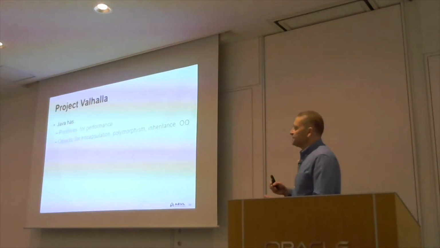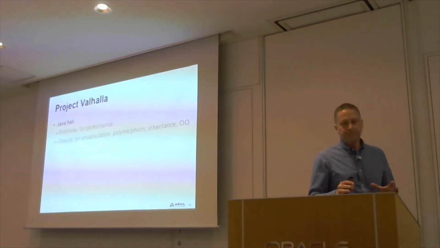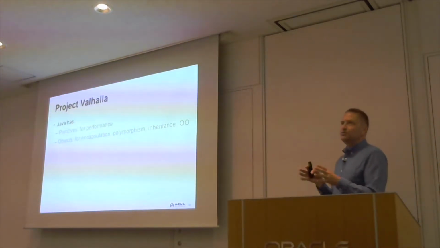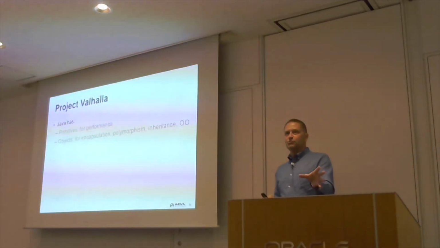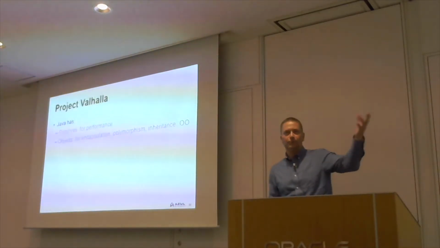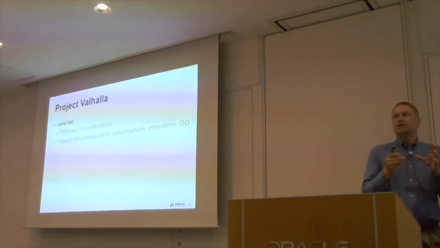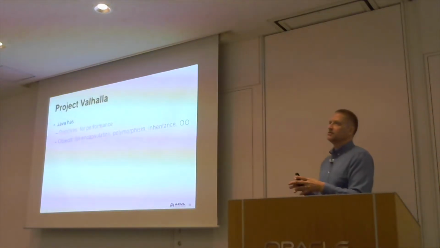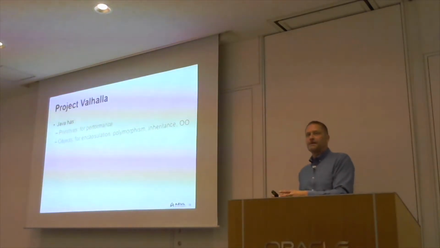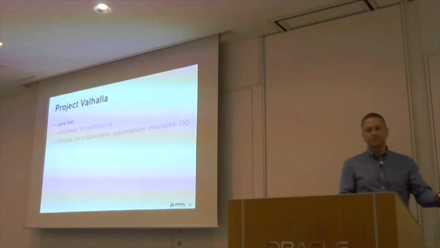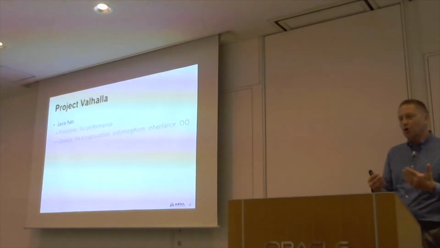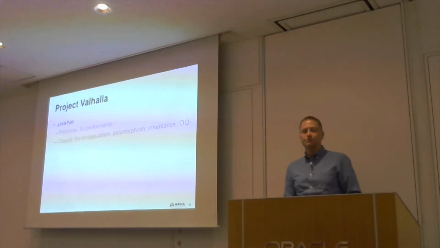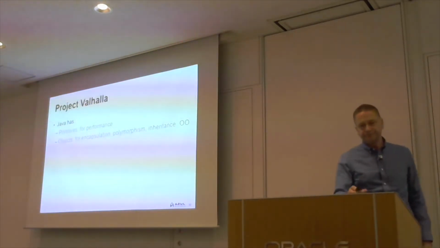Valhalla. As I said, this is about value types. Right from the very beginning, Java is not a truly object-oriented language because we have primitives as well. We have int, we have float, we have byte, and so on. That is because when Java was developed, treating everything as an object wasn't good enough in terms of performance. So they put primitives in to give you better performance. So primitives give you performance, objects give you object orientation. So it gives you encapsulation, it gives you polymorphism, it gives you inheritance, and so on.